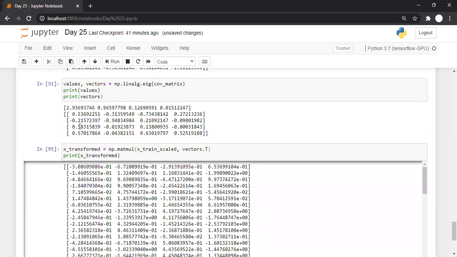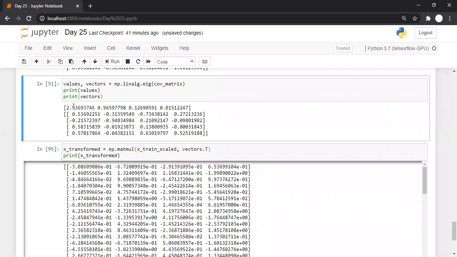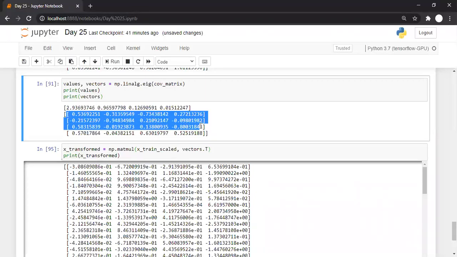So basically, we are supposed to select the highest eigenvalues and their corresponding eigenvectors. If I want 3 eigenvectors, then I will select the highest 3 eigenvalues, highest, second highest, third highest, and their corresponding vectors are these 3 vectors.